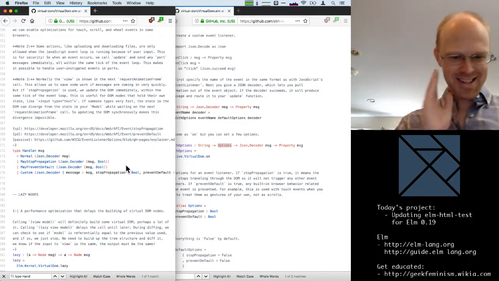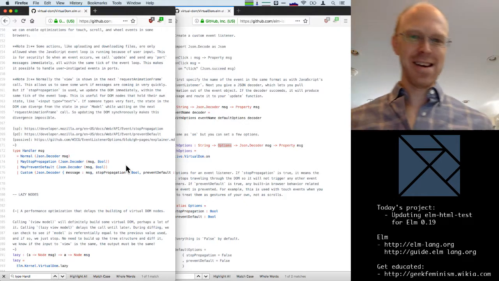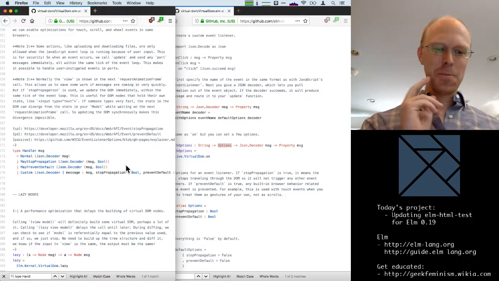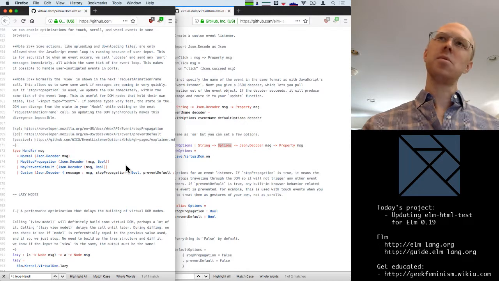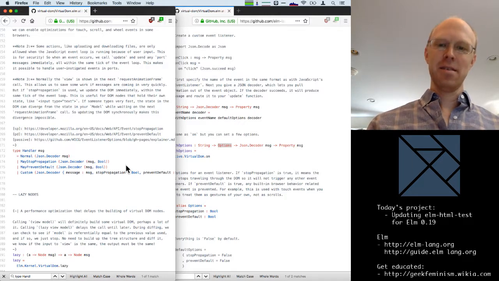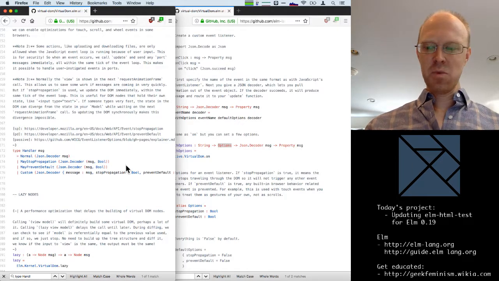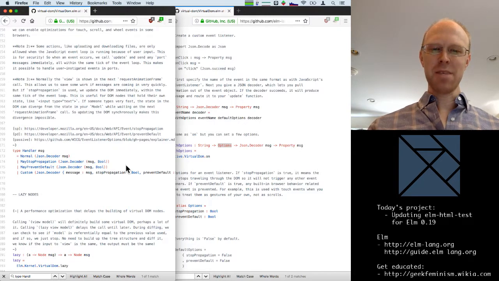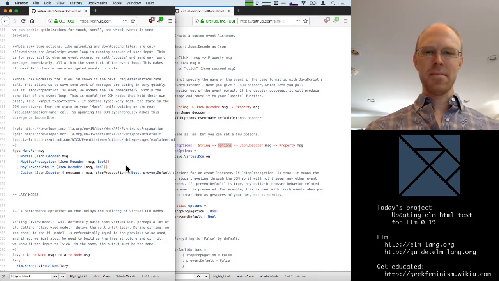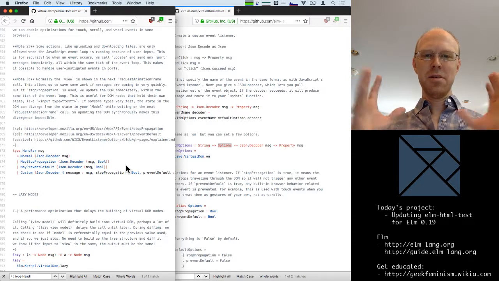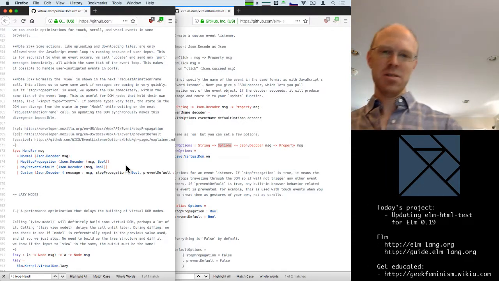Such a huge and complex task I've undertaken. Well, I think one of the reasons I got interested in Elm in the first place was because, I mean, Elm's kind of complicated, but I think as a whole it's still much simpler than most languages or frameworks.